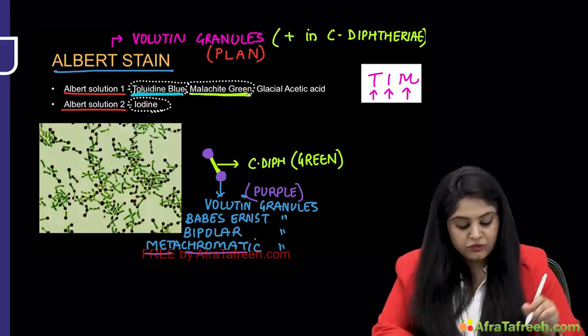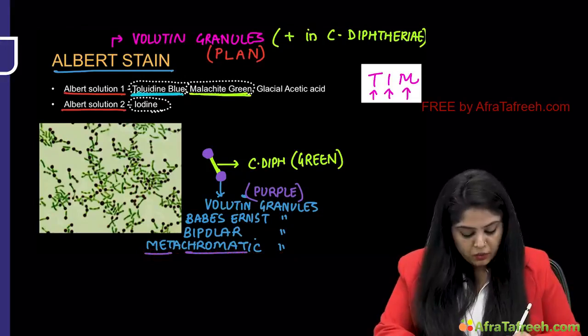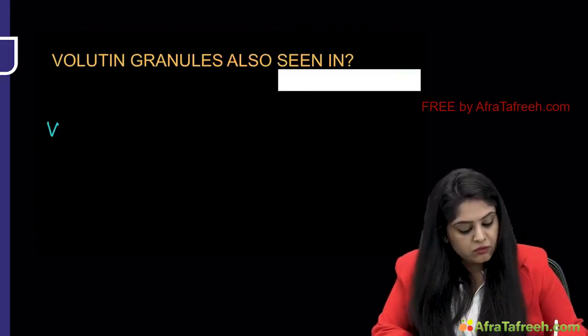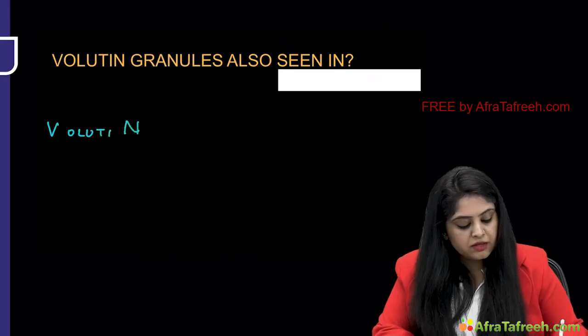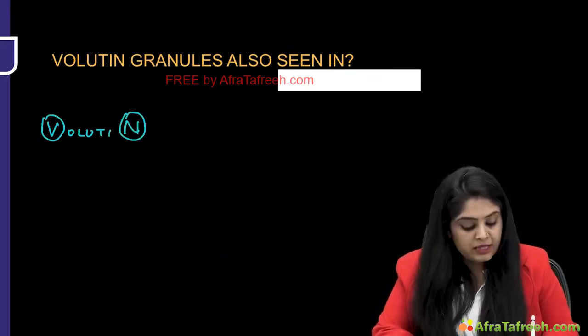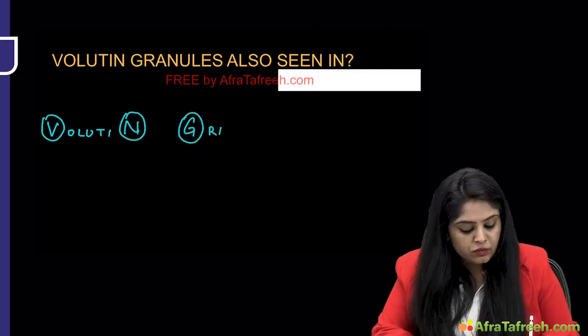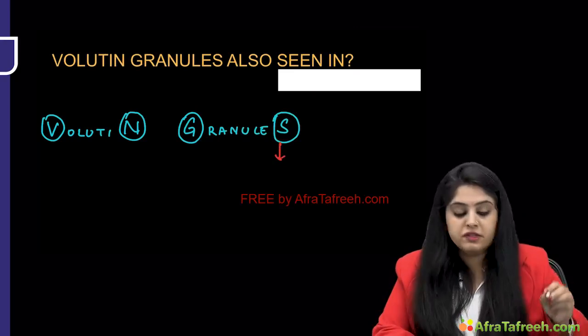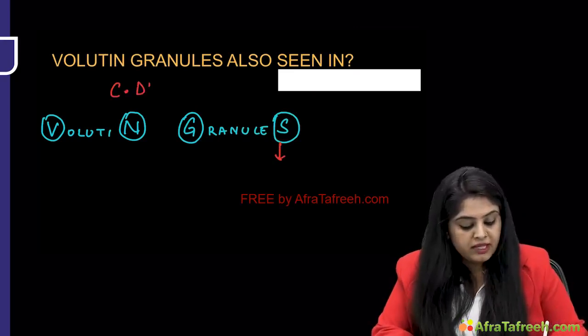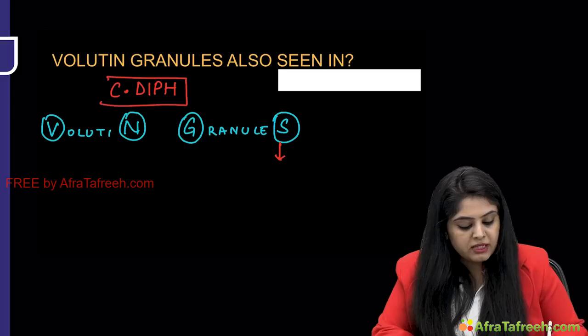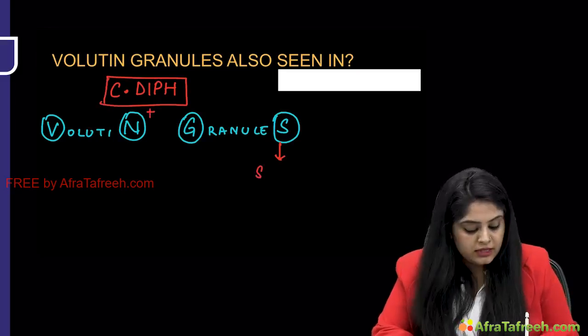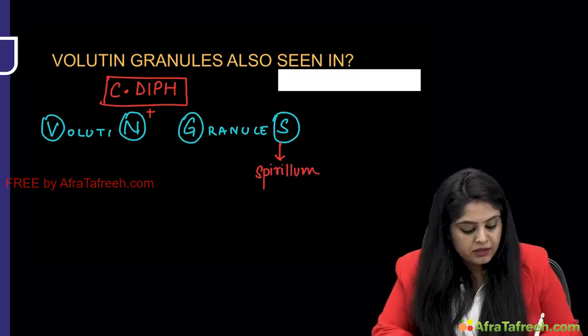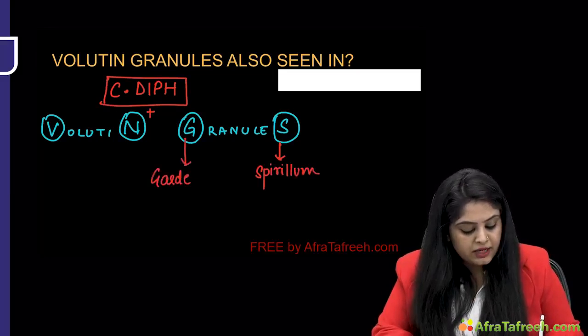And that wraps up everything, but I want to tell you something extra. Are these volutin granules only seen over here? No. Please remember, the way you write volutin, you take the first alphabet and last alphabet. Then for granules, also take the first alphabet and the last alphabet. Volutin granules are the mainstay of Corynebacterium diphtheriae, but apart from it, they are seen in Spirillum, Gardnerella,